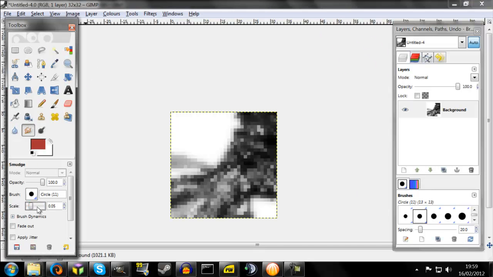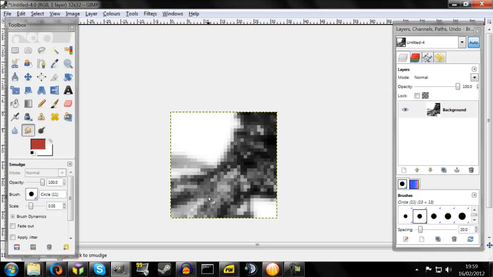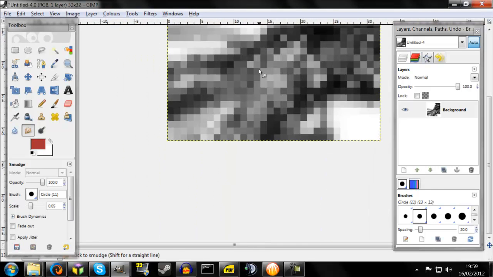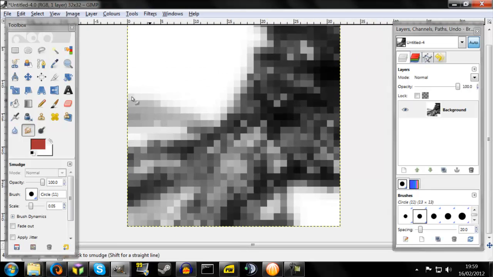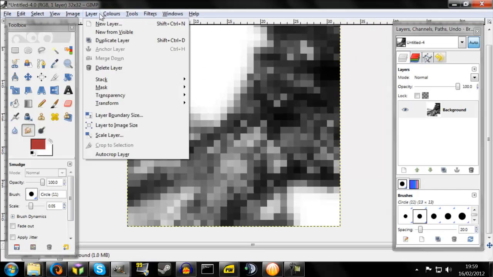Sorry, it doesn't. It removes blending, making these shades kind of similar. Now that I've blurred it up a bit, if we go into